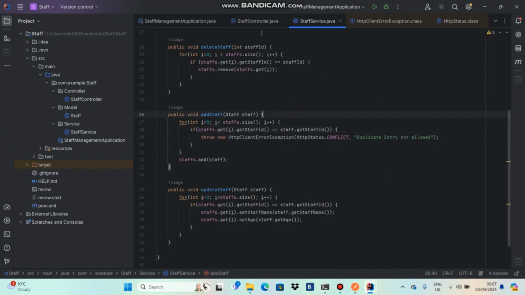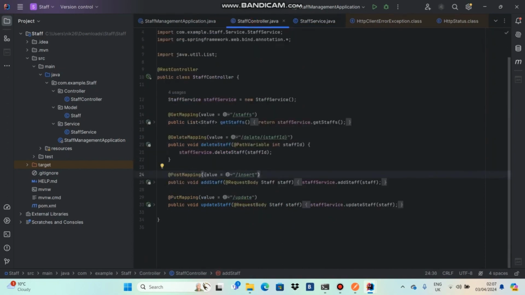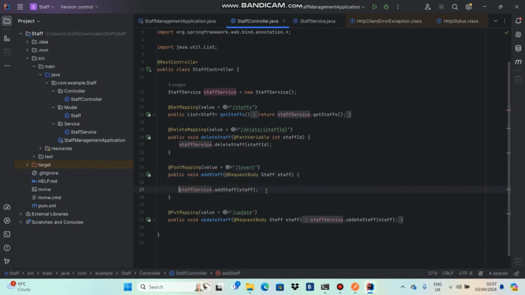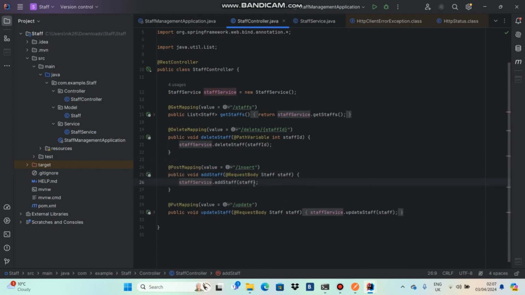If we want to do it, there is a way. We have to make some changes in the controller code. For example, we have to ensure this insert method in the controller class is able to return